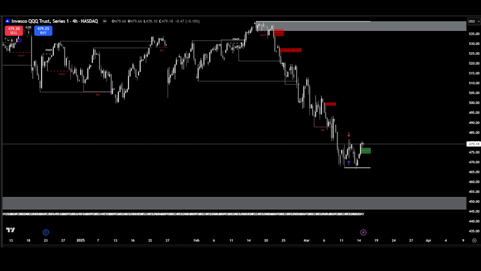So I'm just going to look at the 4 hour on these tickers, and then we're going to drop down into some of the lower time frames. We'll probably do 4 hour, maybe 1 hour, 15-minute for sure, and then probably 1 minute or maybe 5 minute, so that it's easier to see. We'll do a couple different time frames, and this is just what I do to prep myself